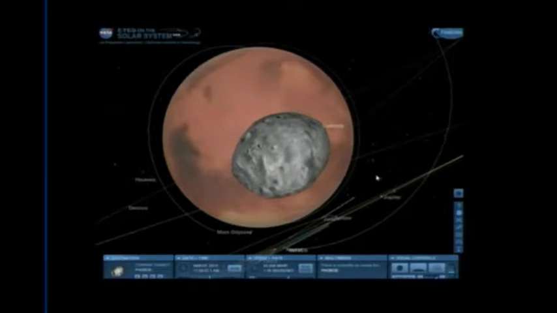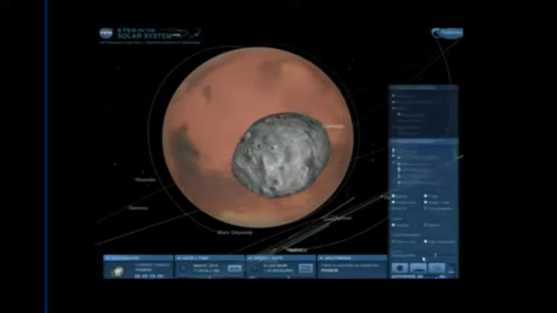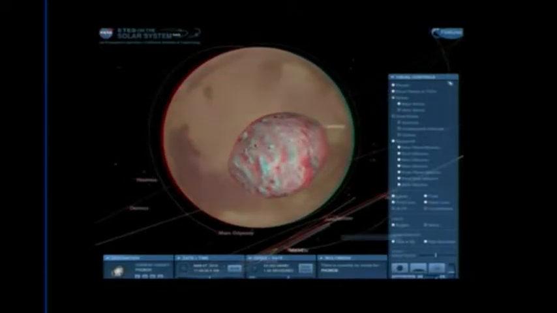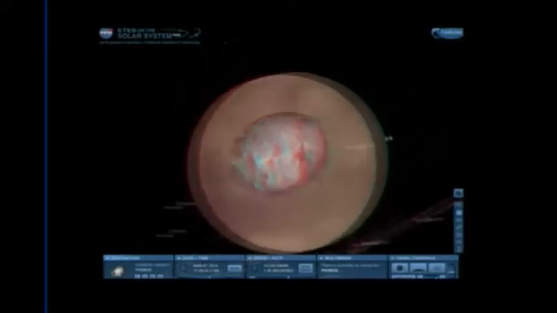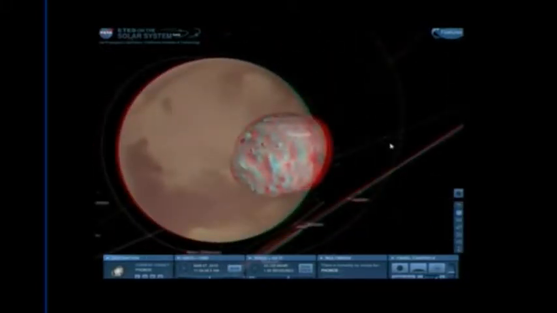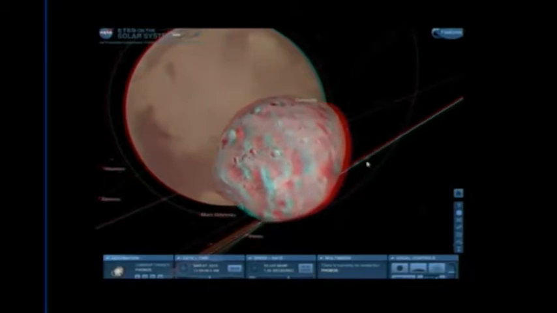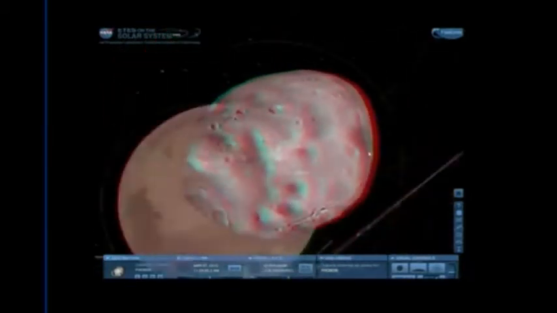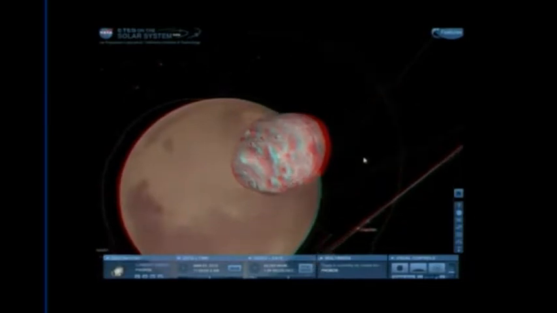So grab your 3D glasses, fold them at the score marks, and if you notice under visual controls, there's a little button that says view in 3D, all right? Put those glasses on, and you'll very quickly see that it totally works, right? Okay, now, you get the idea? So leave them on for a second.